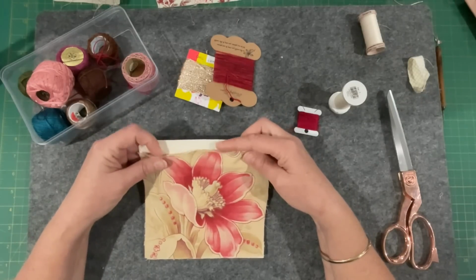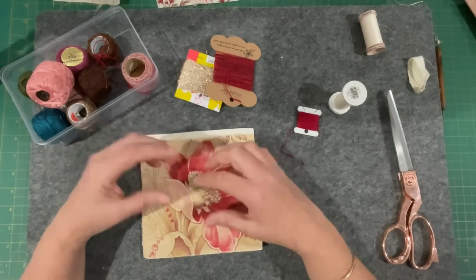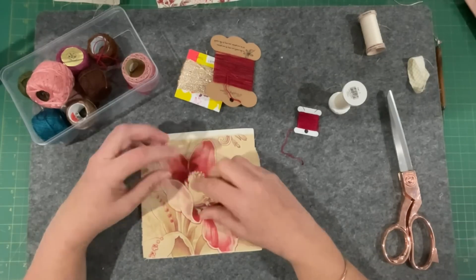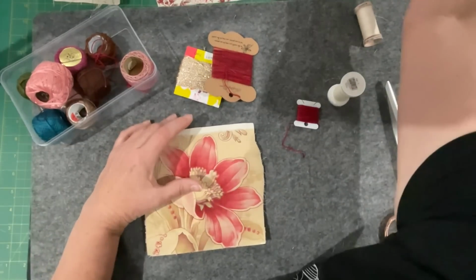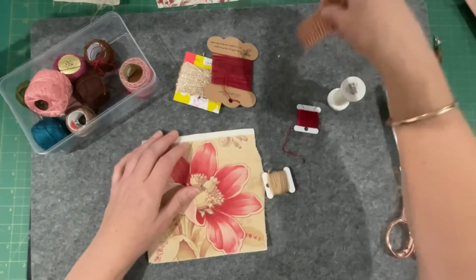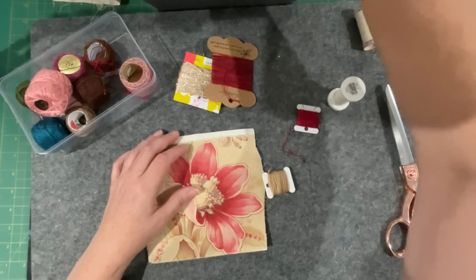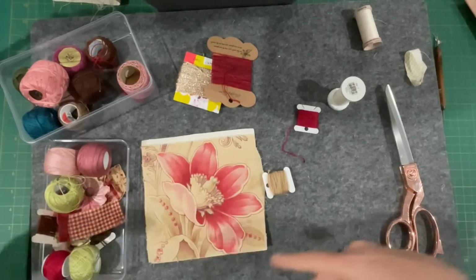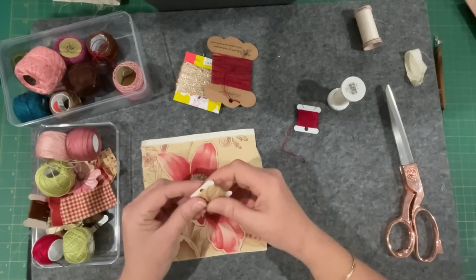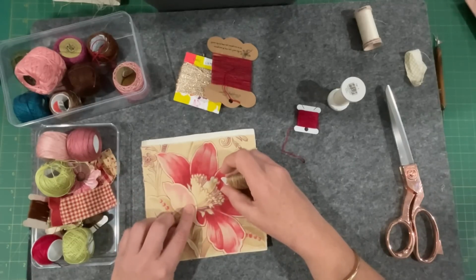I won't make a decision on this lace yet because I want to see how embellished this gets, because this could get quite full on thick, or it might be quite delicate. Gosh, I've got fabric everywhere. I'm just reaching over to my box of favourite threads, which seem to be just around my desk. There's so many colours here that sort of work with it. And I've just picked up this wool. And I'm thinking